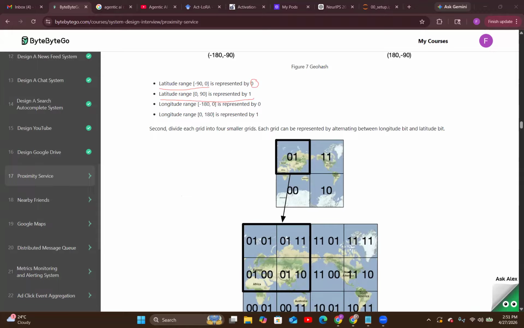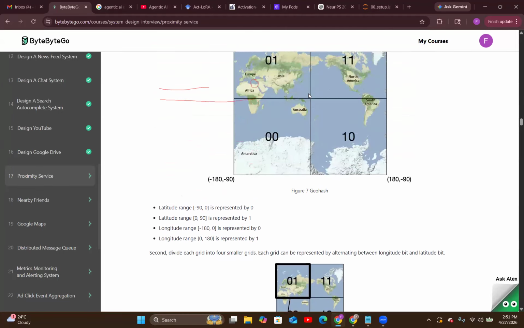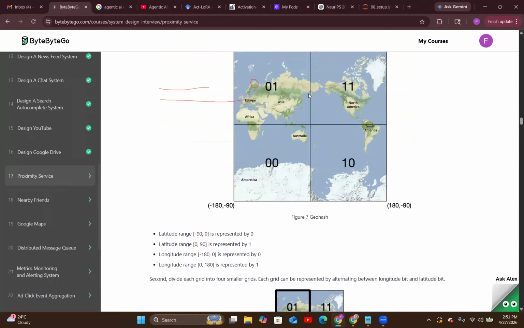So let's just look at here again. We are representing it with 2 types of data, latitude and longitude. So here we are saying that latitude range -90 to 0 is represented by 0, and longitude range between